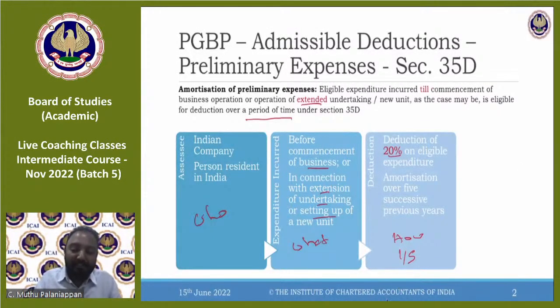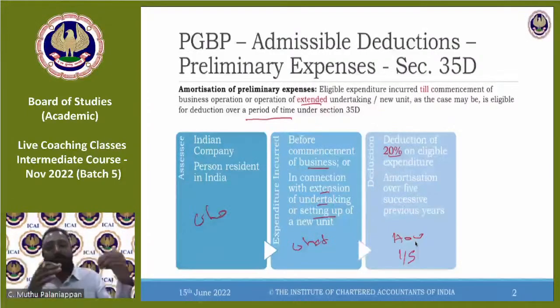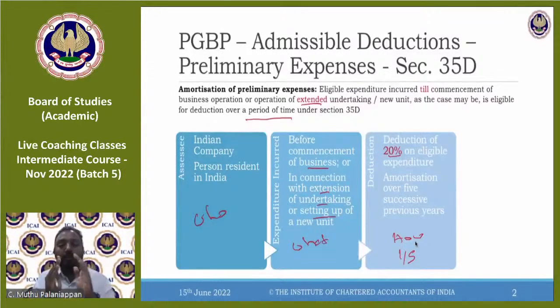Now, were you able to guess the other section that we discussed with this 20%? Any other section where we were talking about this term 1/5? I told you one of the critical elements to remember the provisions better is interlinking the provisions one over the other. Some of you, like Ayush, answered additional depreciation. For additional depreciation, it is 20%. Good that you remembered that term. There you can link 20%, which I'm calling 1/5.